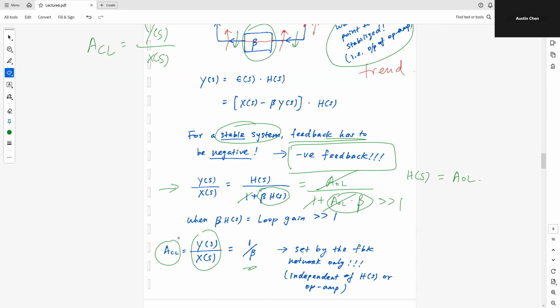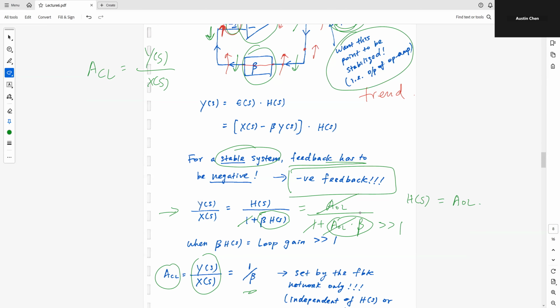But of course, in order for you to arrive at this simplification, we need to justify that this loop gain is much, much larger than 1. AOL times beta has to be much, much larger than 1 so that you can arrive at this 1 over beta. So the question is, how do we justify that loop gain is much, much larger than 1? Well, if we assume beta is some small number, or consists of some passive component with some ratio,